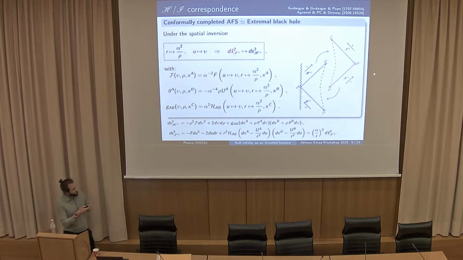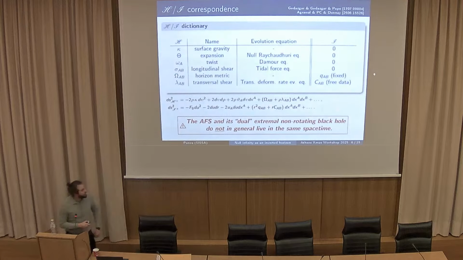This dual horizon has some specific properties, which are summarized in this dictionary. Namely, the exact statement is that all asymptotically flat spacetimes are conformally isomorphic to the geometry near a horizon that is non-expanding. Its expansion and longitudinal shear are zero. And furthermore, this dual horizon must be non-twisting. The Hajicek one-form must vanish, and also non-extremal. So it's quite a restrictive dictionary, but I will hint that there are some generalizations.